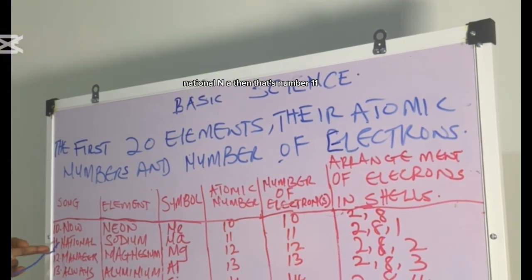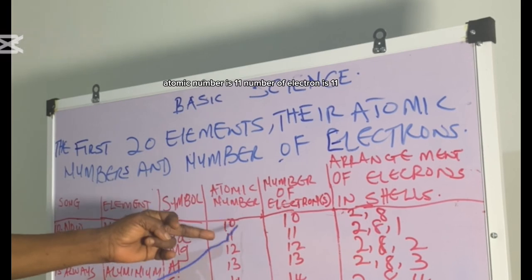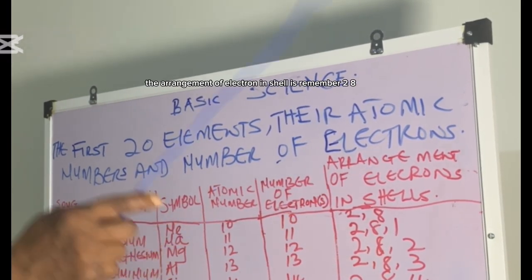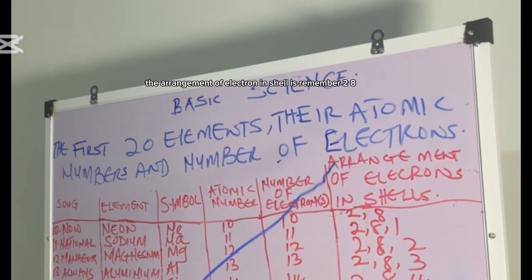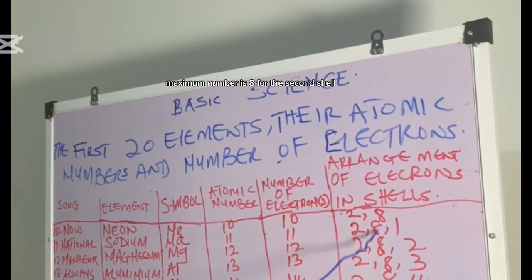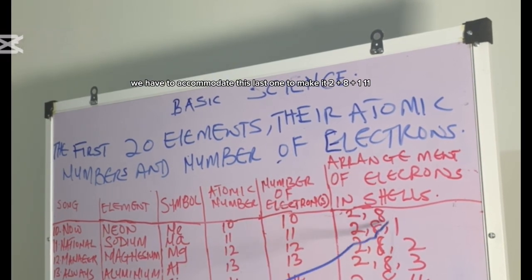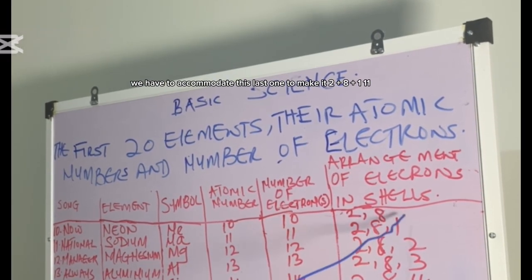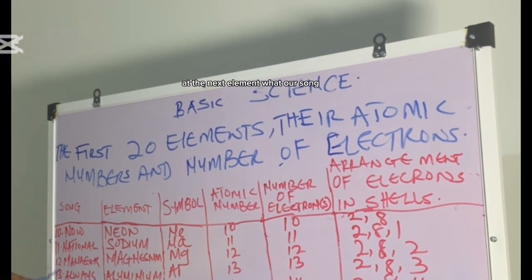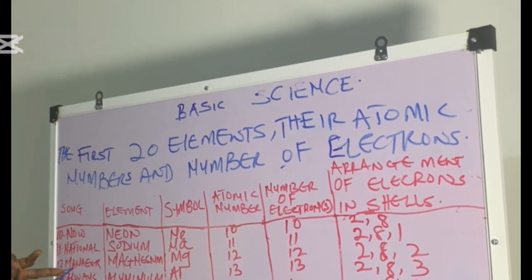Then that's number 11. Atomic number is 11, number of electrons is 11. The arrangement of electrons in the shell is, remember, 2 8. Maximum number is 8 for the second shell. So the third shell we have to accommodate this last one to make it 2 plus 8 plus 1, 11. Then that takes us to the next element. But our song, national manager, Ma,